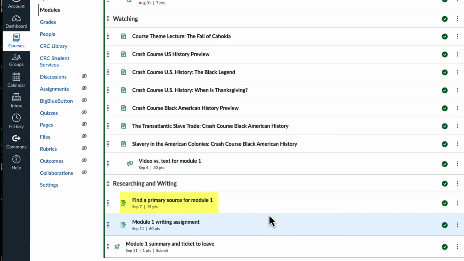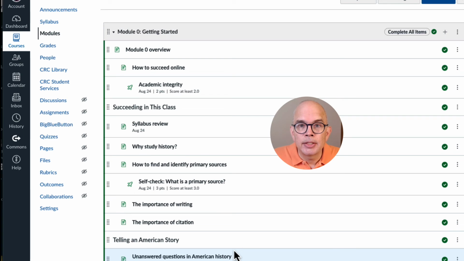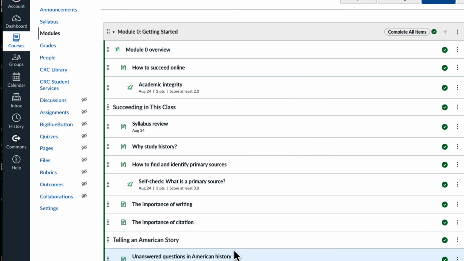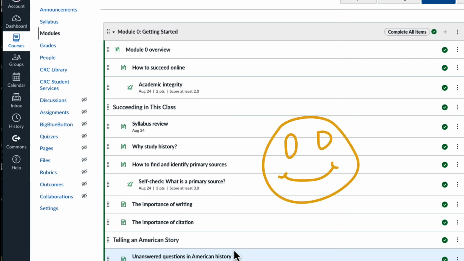And in the second week, they have a research assignment due on Wednesday. They're going to find a primary source, and then they use that primary source in the writing assignment, which is due on Sunday. I also close each of my content modules with a brief survey that allows me to keep track of how my students are doing throughout the course. With this system, I have an easy way to check attendance, and the activities that my students are doing are also connected to the learning I want them to do in the class. Finally, for their benefit, by making my assignments due on consistent days each week, I help my students manage their time and fit my class into the other responsibilities that they have.